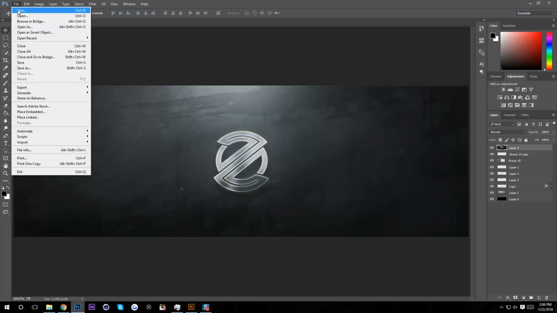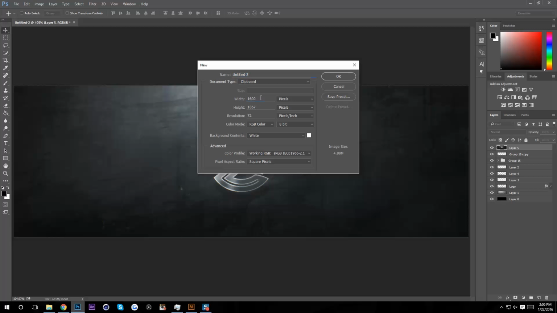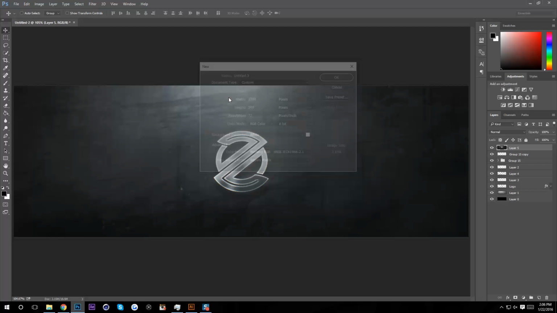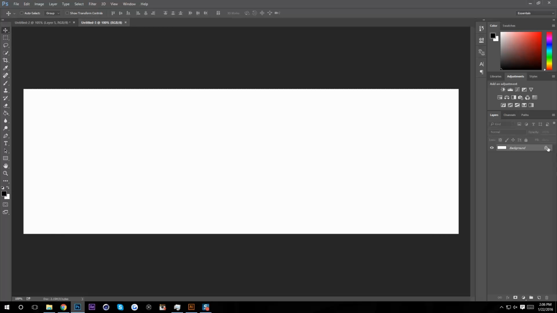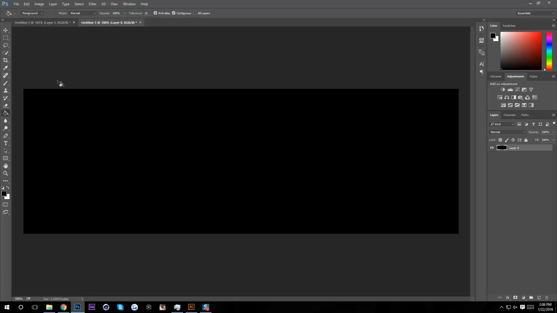So I'm going to go to File, New. I'm going to put 1500 by 500 because that's the dimensions for a Twitter header. I'm just going to unlock this background. I'm going to go to our paint bucket tool, make sure your color's on black, and then fill it in so it turns black. So first thing we're going to do, we're going to get a texture off Google Images,